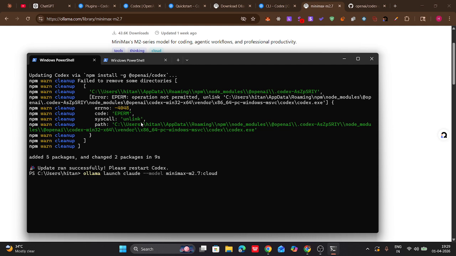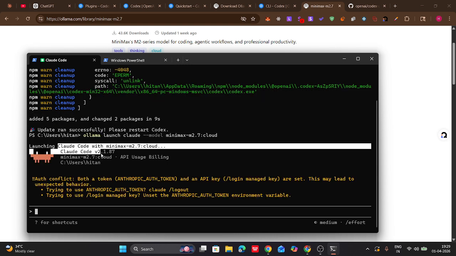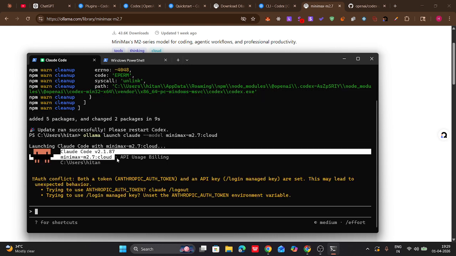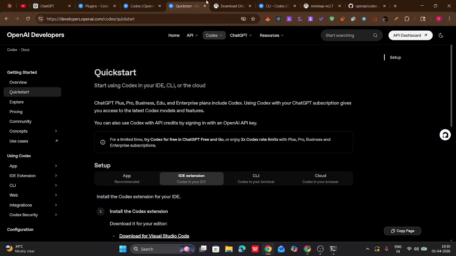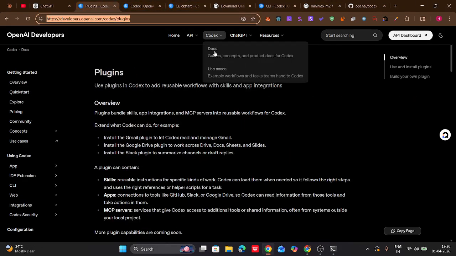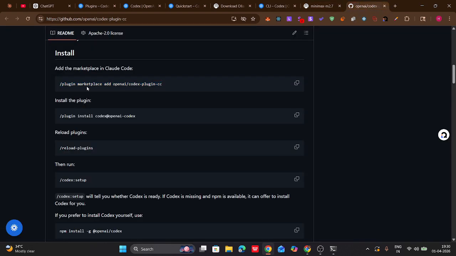So right now Claude Code is opening in Minimax 2.7. Okay, so this is my Claude Code. You see the version of the model is 2.7. Now here, what we are doing, we are on these articles, this repo,